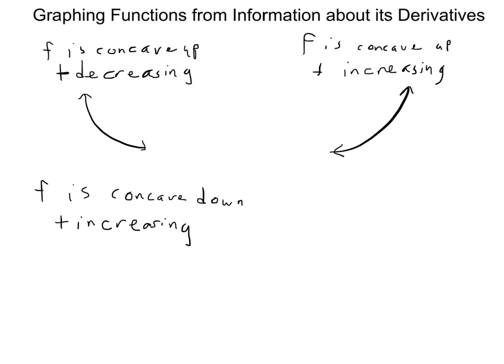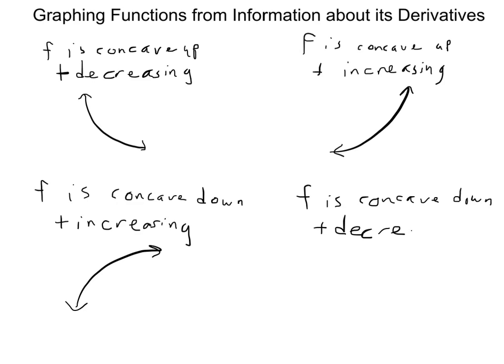We know concave down means we're looking at the sad face part of the graph. So concave down and increasing means you've got a curve that looks like that. And the last one, f is concave down and decreasing, means you've got the downward sloping part of the sad face. So you've got this. And the statement that I'm making is that every function can be constructed using these pieces,